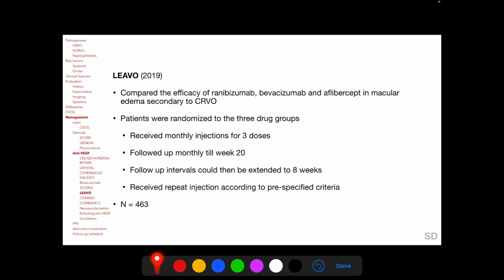The LEAVO trial compared the efficacy of ranibizumab, bevacizumab and aflibercept in macular edema secondary to CRVO. 463 patients were randomized to the 3 drug groups and received a loading dose of monthly injections for 3 doses of their respective drug and were then followed up monthly till week 20, following which the follow-up intervals could be extended to 8 weeks,